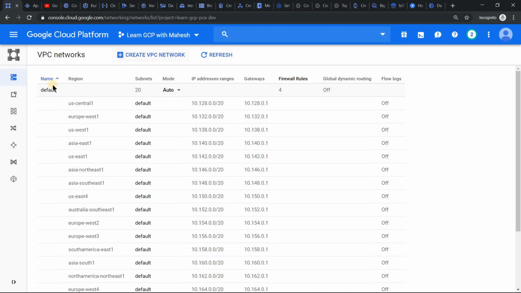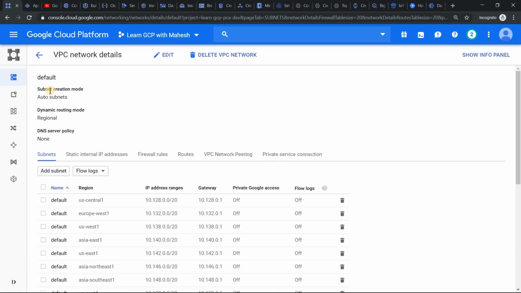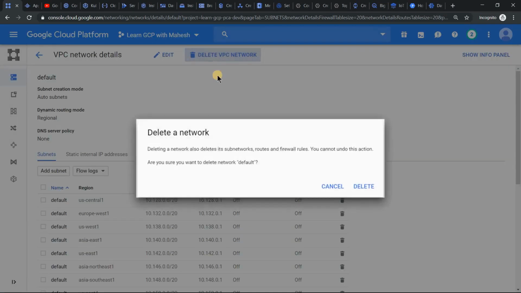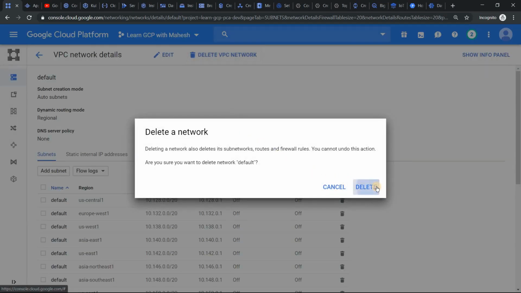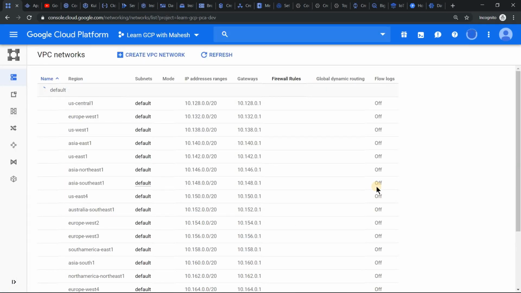By doing this, what we achieve is the startup organization does not need to think about whether the firewall rule is open, whether there's a route, whether we need to have a Cloud VPN, all those things. And because they are a startup organization, they're definitely not going to have any on-premise presence. All the applications which they are going to build are cloud native or born in the cloud. So there's no migration, there's no interconnect, all those things are not there. So let's remove the VPC itself. That's the first activity or step in my design which I'm going to propose.